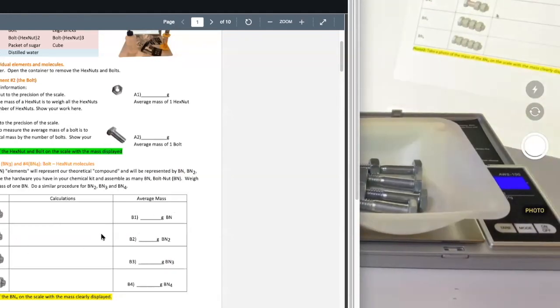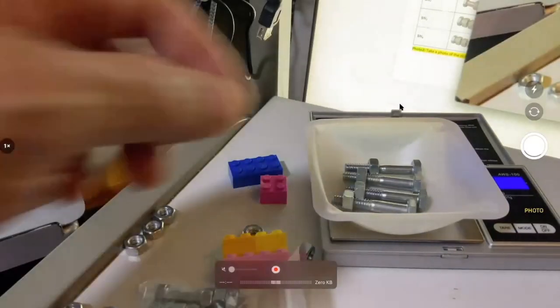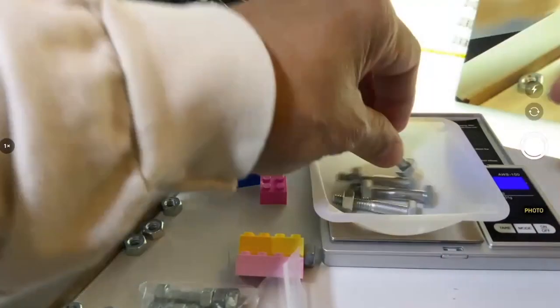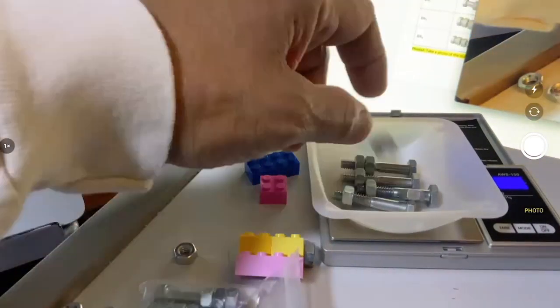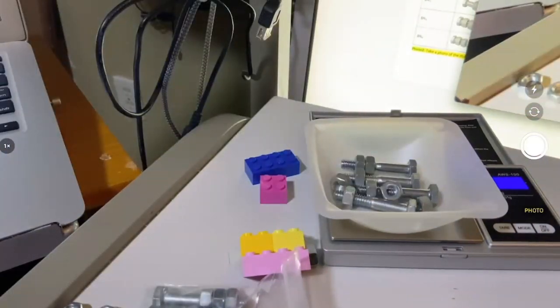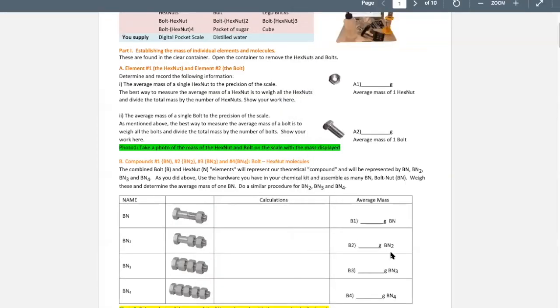Okay, for BN2, I can take a shortcut. I can either take one of these and put another bolt, or I can just add, not even weighing, 3 more on here, and then I'll take the mass and divide by 4 BN2. Okay, and that's what I would put right in my data sheet right here. Take the total mass, divide by 4, and that would be the average. For